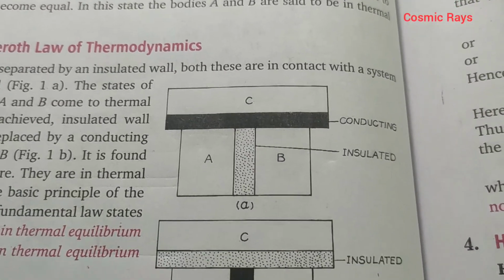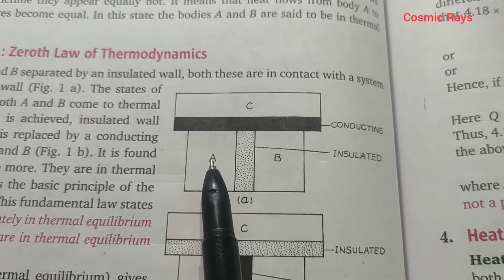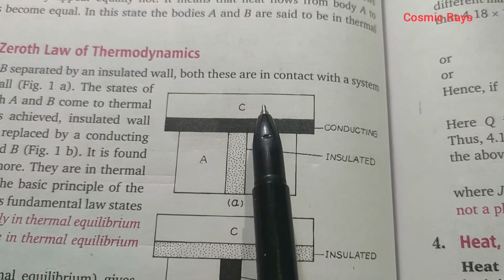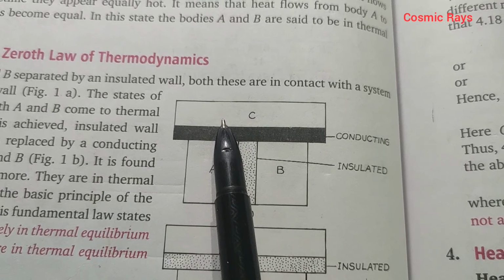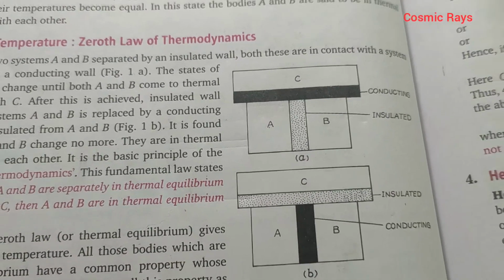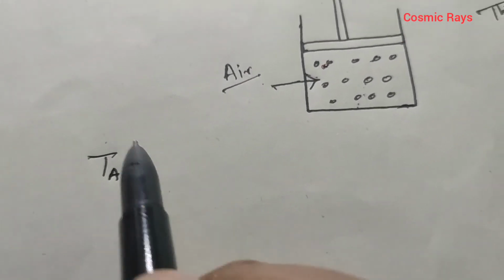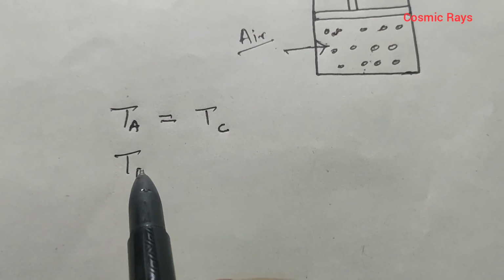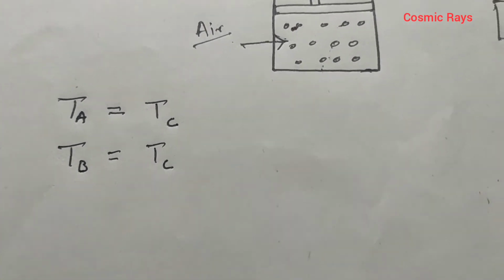This law says that, let's assume that we have two bodies, body A and body B. Now body A is in thermal equilibrium with body C, and body B is also in thermal equilibrium with body C. That means the temperature of body A is equal to the temperature of body C, and the temperature of body B is also equal to the temperature of body C. What we mean is, suppose TA, the temperature of body A, is equal to the temperature of body C, and we have another body B whose temperature is equal to the temperature of body C, then the Zeroth Law of thermodynamics states that